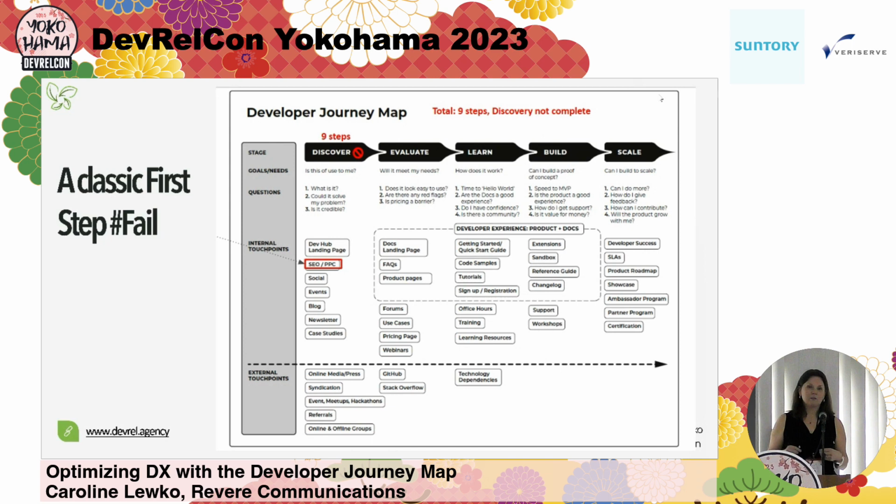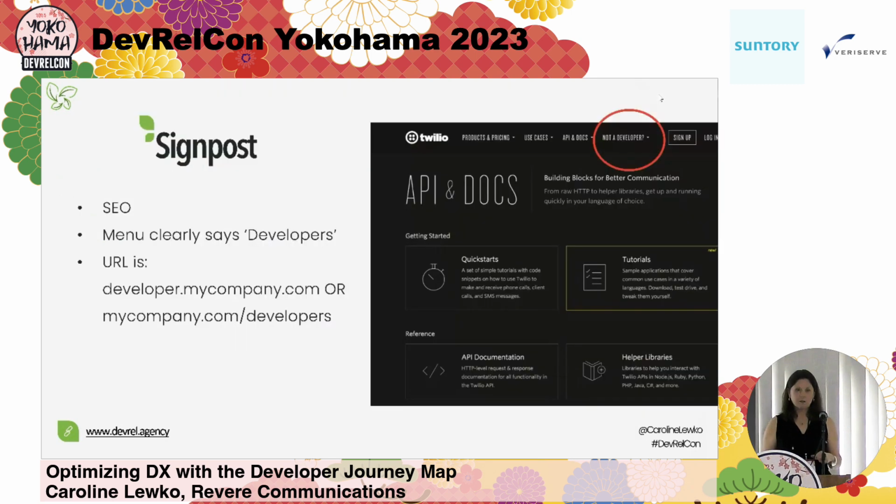So how do developers find you? They go to Google, they go to their peers. That's what they do. They might happen to be in Reddit and see something, or Hacker News and read something, but typically it's going to be from peers, and it's going to be a Google search. So you need to make sure you're optimized for that. Otherwise, they're not even going to find you. So if they can't find you, nothing else is going to happen. So signpost,